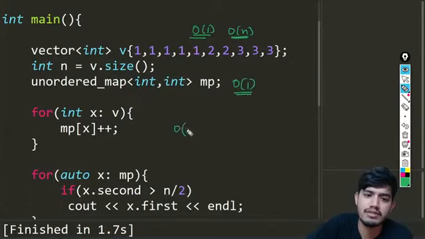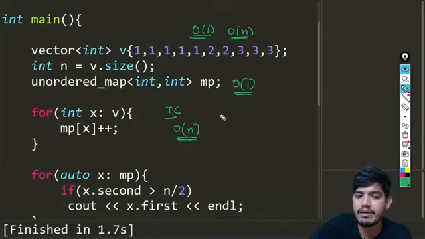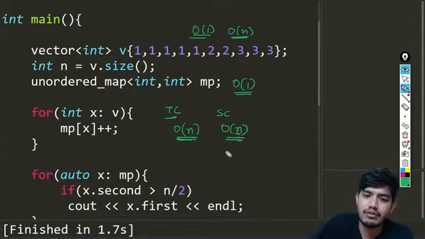So the time complexity for this is order of n for n elements, and space complexity is again order of n, because we will be storing the elements. Actually it will not be n, it should be the unique elements, because we are just storing them, right?